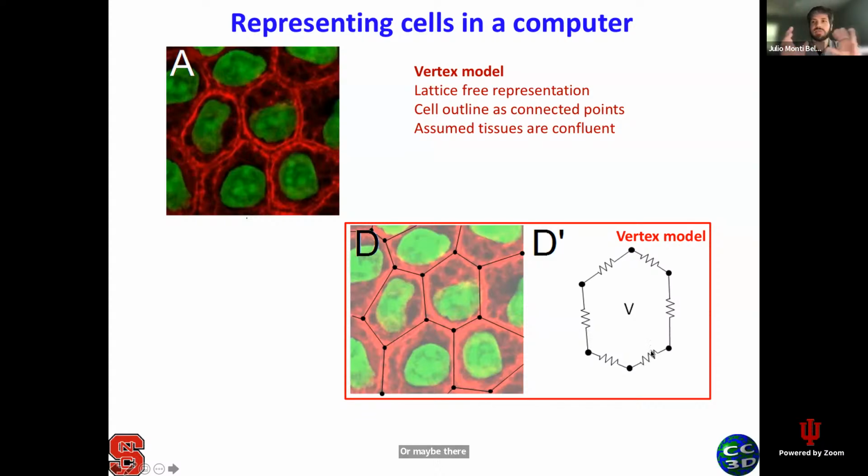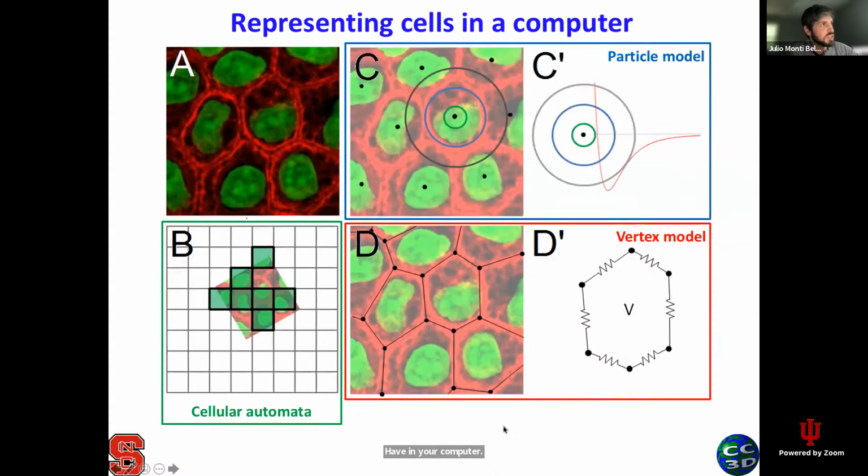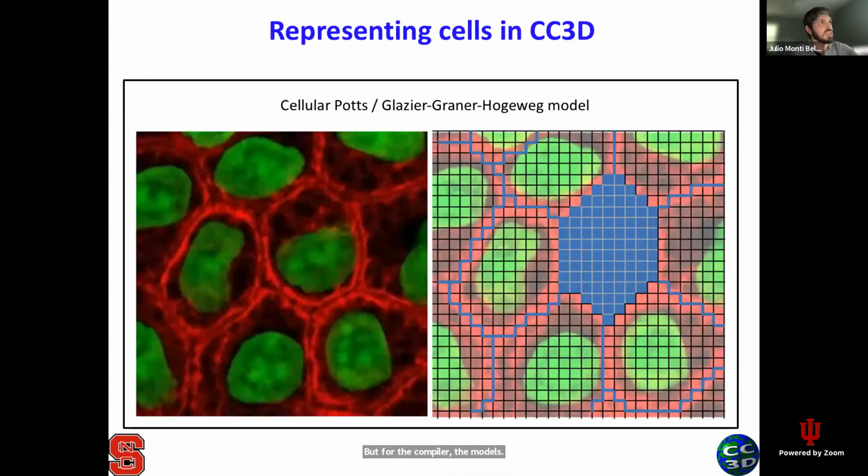But this allows some kind of representation of the cell shape. So it's a little bit better model in terms of translating what you see on the screen to what you have on your computer. Okay, and so these are three main classes. There are other slight variations, a combination between those two that you can have. But for the CompuCell3D models, we use neither of these. What we use is we actually overlay a finer grid on top of the cells, and then whenever the cell